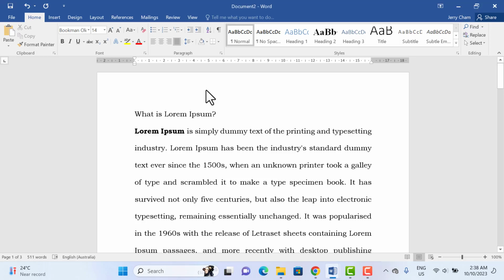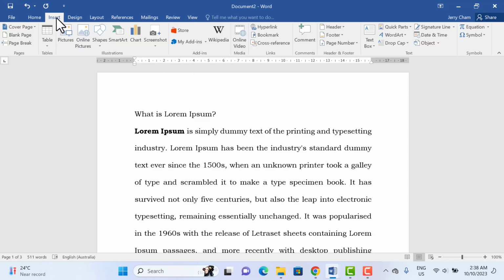Hello again. I am going to show you how to add page numbering to your MS Word document, but this time around it's going to be Roman numerals. That is I, II, III, IV, V, etc. So to add Roman numerals to your page, just go to the Insert menu,